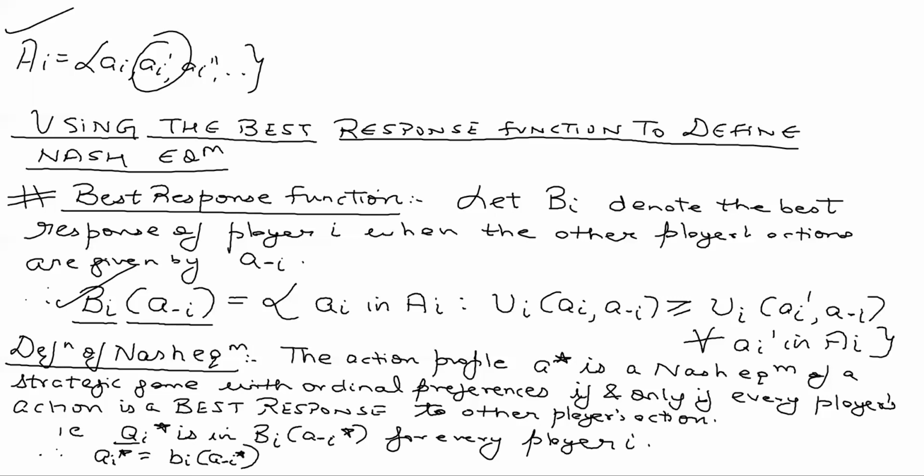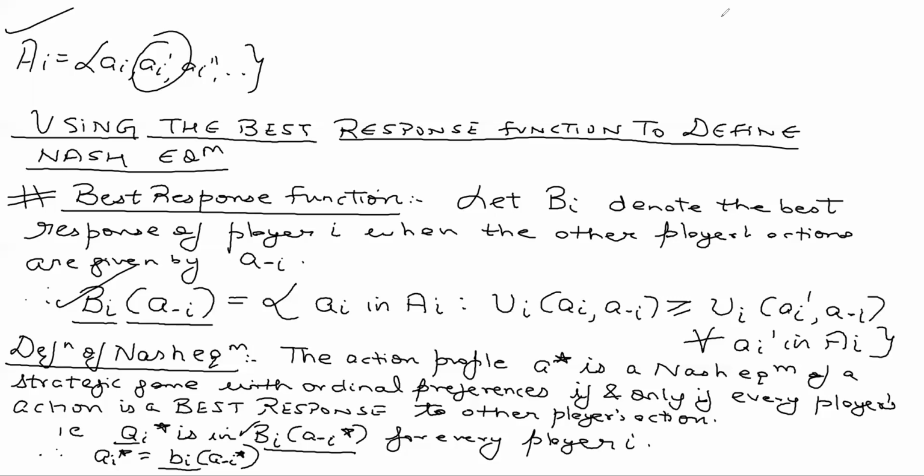Now guys, what is small b_i? Just as capital A_i denotes a set, small a_i denotes an element of the set. Similarly, capital B_i denotes the best response set. Best response set will tell you what? A best response set for player i will give you all actions of player i in response to other players' actions. But what is small b_i? Small b_i is one element of capital B_i. So students should not get confused.